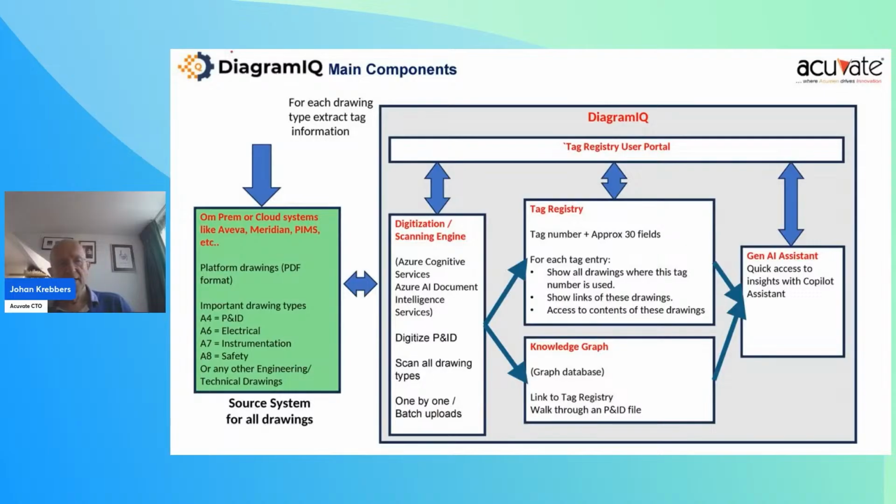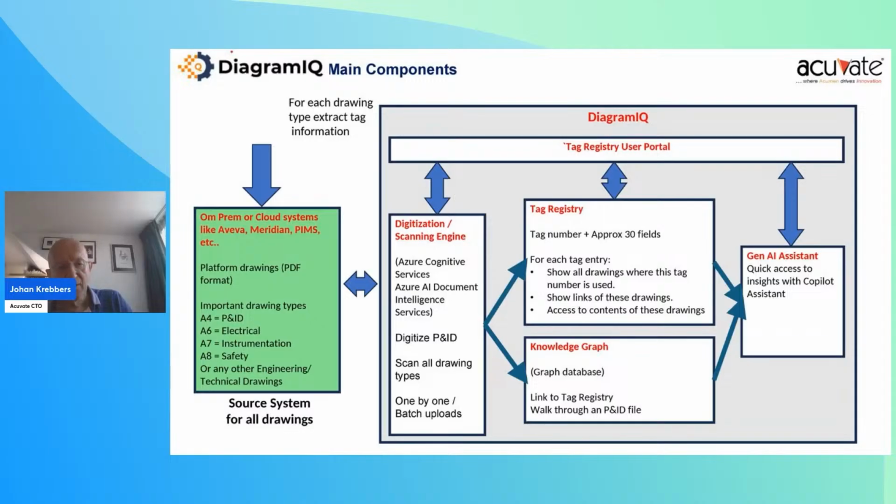So what we do with that is the following. On the left, the green box, you see your engineering drawing management system. Every manufacturing site or any energy site will have an EDMS. It can be SharePoint, can be very simple, where you store all your drawings. So that's not part of our scope. We interface with that. Our scope is on the right. In the box on the left, you see we digitize and scan all drawings at high speed. Any drawing you might have, and often you have tens of thousands of drawings, we scan these drawings.